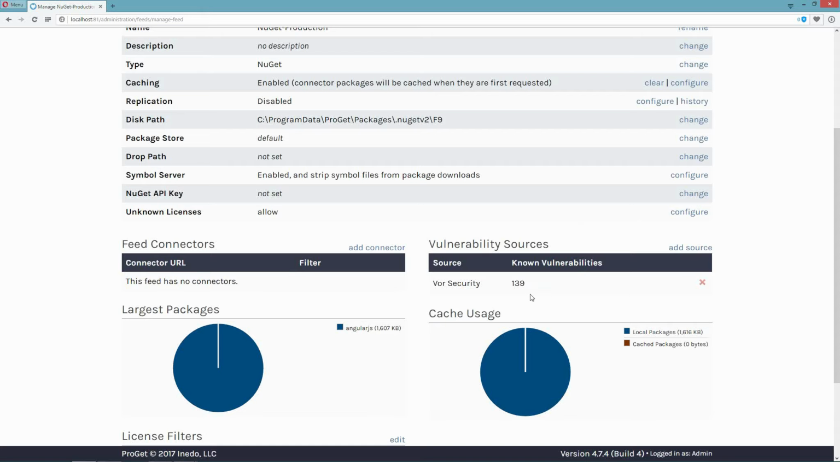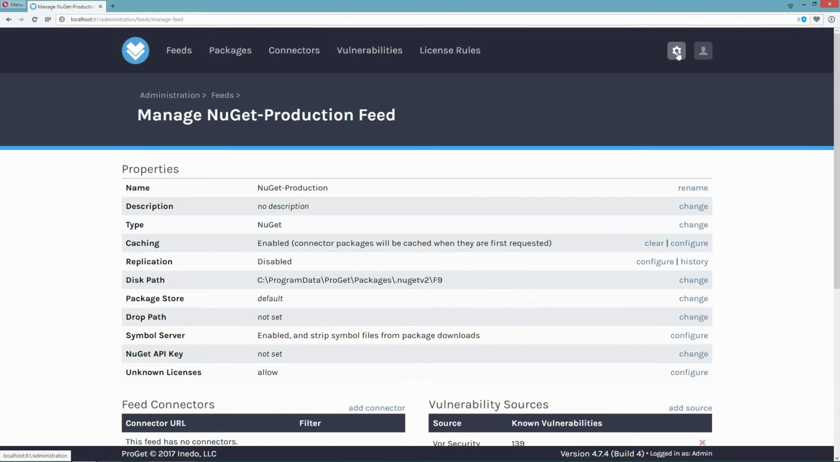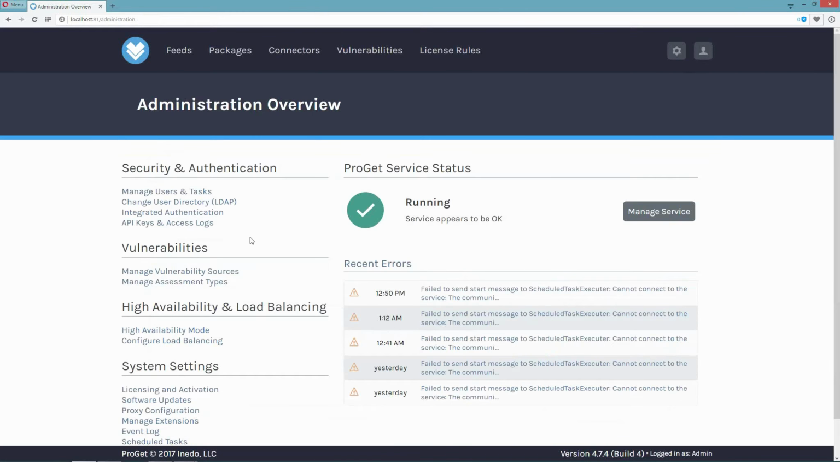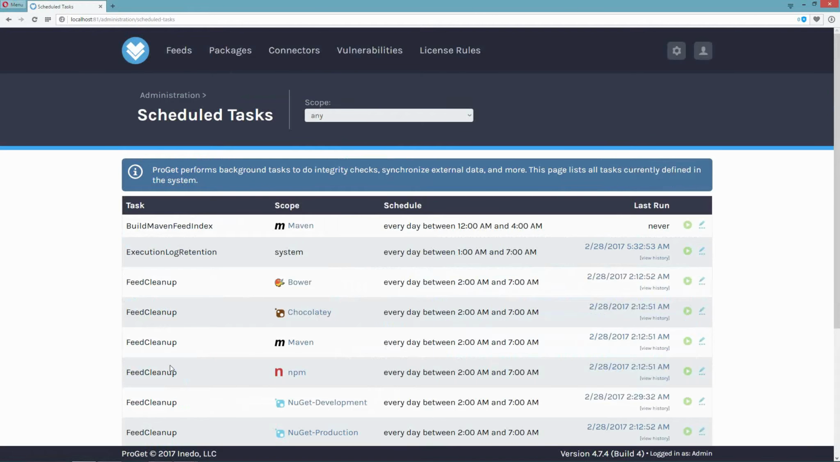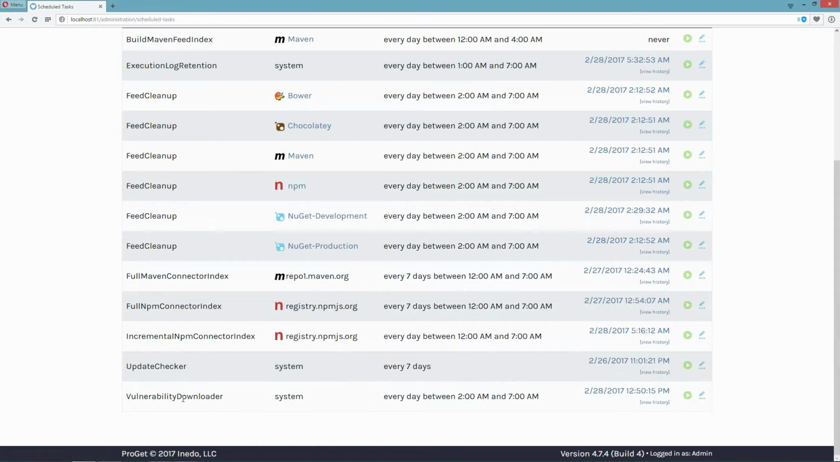Now the vulnerability sources are by default checked for vulnerabilities once a day, but there's no need for us to wait. We can force a run at any time, and that's what we're going to do now. So first, I'm going to go to the admin page again and scroll down and see scheduled tasks. If I scroll to the bottom here, I can see the vulnerability downloader, which you can see is scheduled to